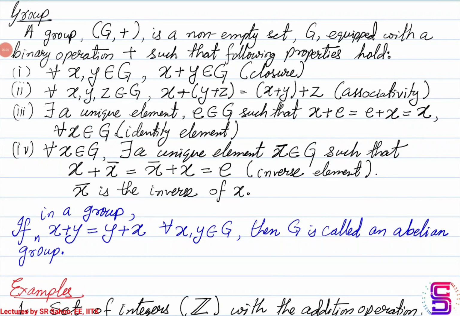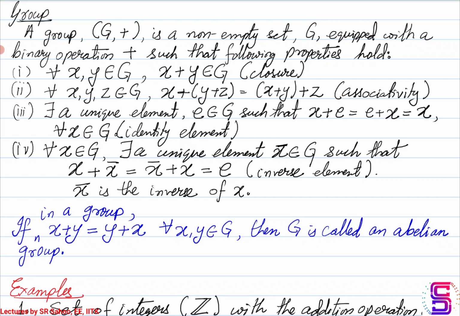From this lecture onwards, we'll discuss certain mathematical structures that would be helpful in the part of linear algebra that we'll cover, and as we go ahead, it will be helpful in certain analysis that we would do for linear systems. So the first mathematical structure that we'll start with is known as a group. So what exactly is a group?